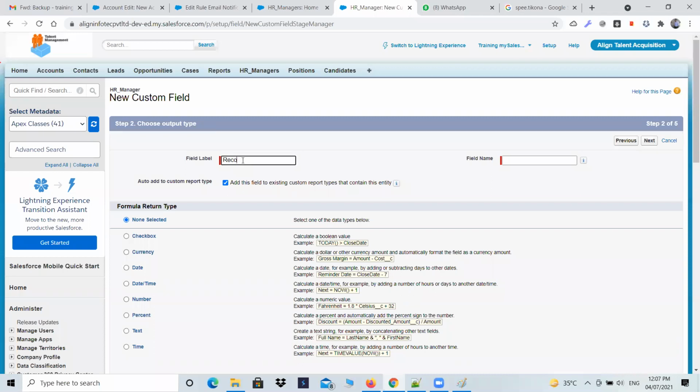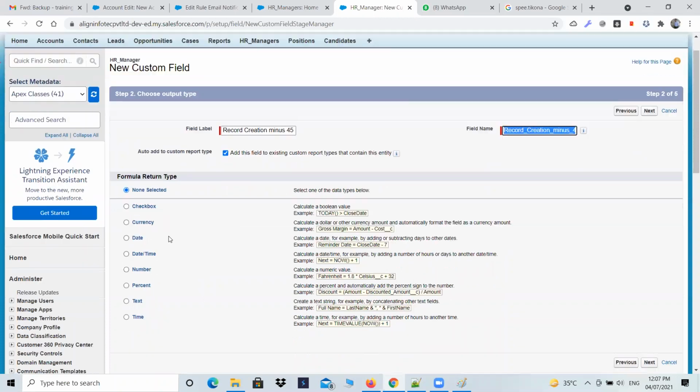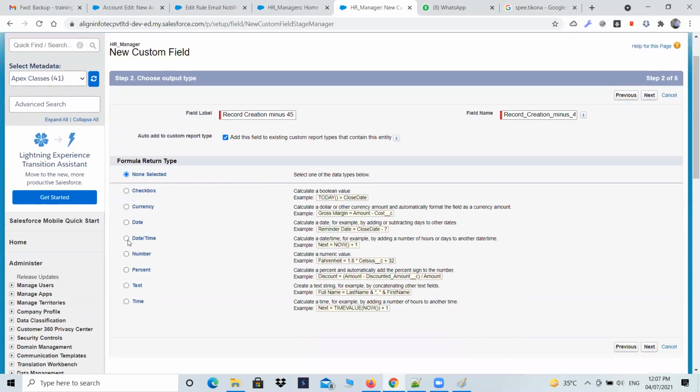Let me give this name. Record creation minus 45. यहाँ पे आपको फिर फॉर्मूला रिटर्न टाइप देना है, तो फॉर्मूला रिटर्न टाइप शुड बी डेट एंड टाइम, ठीक है। डेट एंड टाइम आपने सिलेक्ट करना। जो भी मैं स्टेप्स यहाँ पे करता जा रहा हूँ, तो रिकॉर्ड तो हो ही रहा है, फिर भी आप चाहो तो लिख सकते हो इसको। फॉर्मूला रिटर्न टाइप में डेट एंड टाइम सिलेक्ट कर लीजिए,